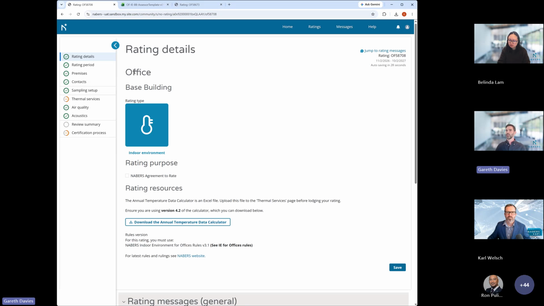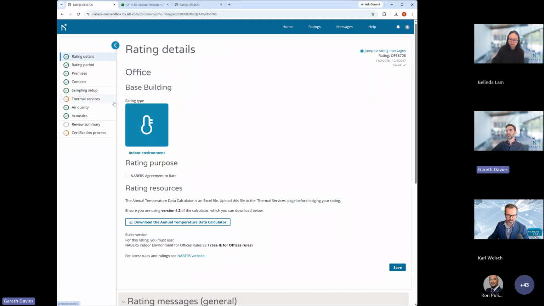Once you're inside the rating, on the left-hand side, you can see all the pages included, along with which pages are complete in green. The half ring in orange shows you which pages need to be reviewed, and the grey ring shows you where sections of information are missing. If you've used Perform for other ratings before, this will feel familiar in terms of the structure and the navigation. The key difference here, though, is that instead of the metering and consumption pages, we have the parameter pages.